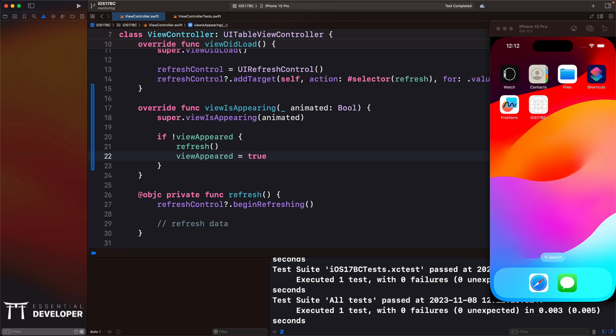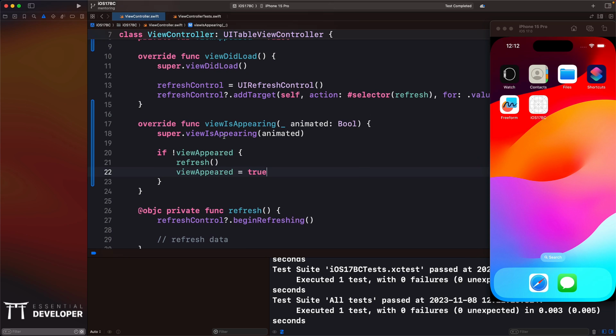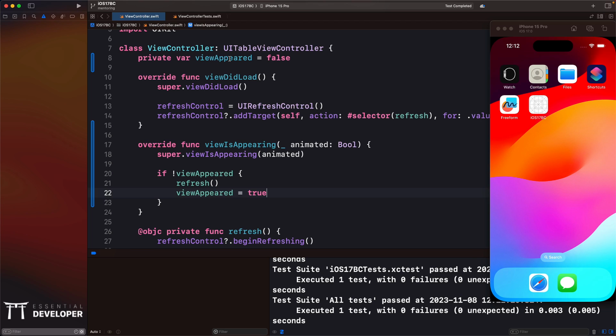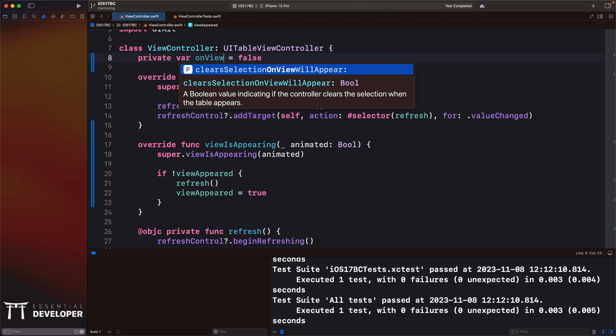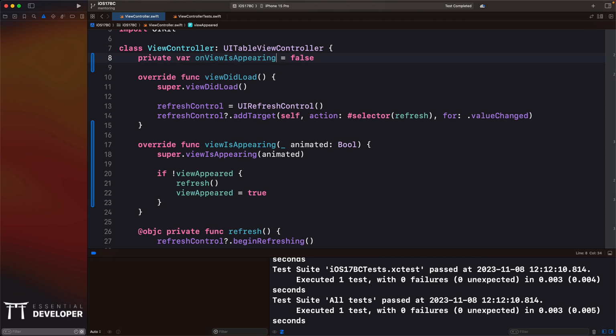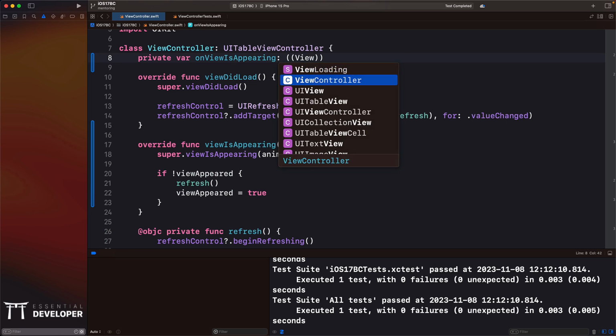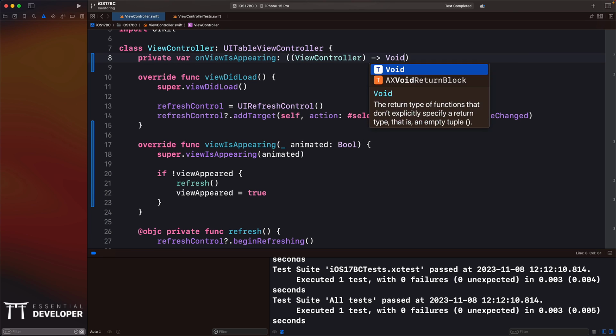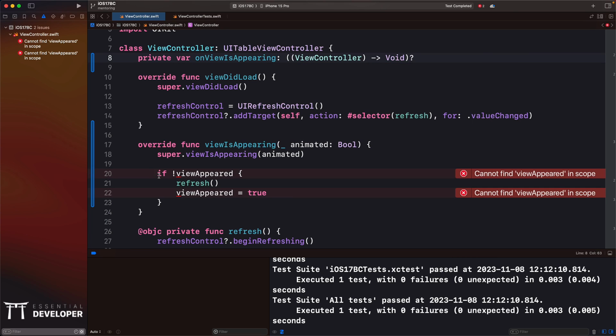Now, there are other ways. For example, some people like to keep all the configuration in view did load. So for that, you could use a closure instead of a boolean. For example, on view is appearing. So every time view is appearing, you call this closure.